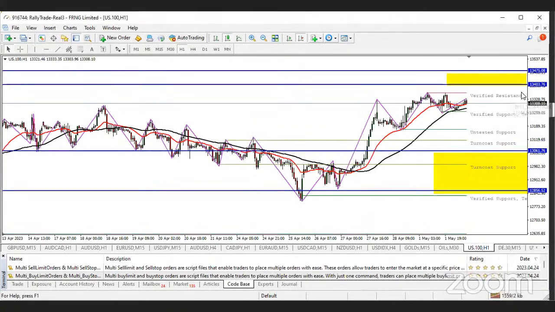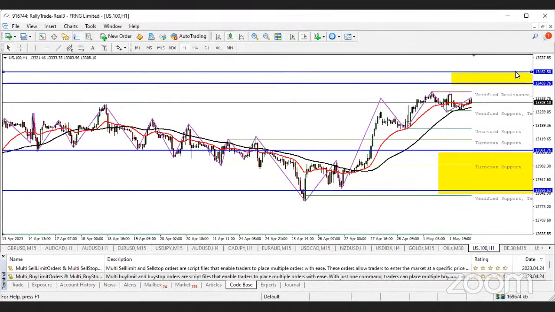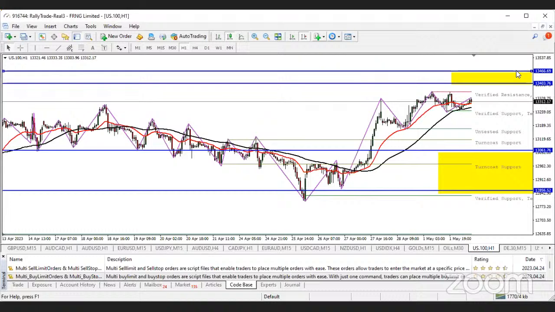I just want you to see how profitable this market can be. So a buy around this particular zone, between 13,406.76 and 13,466.69. Let me try to zoom this chart a little.